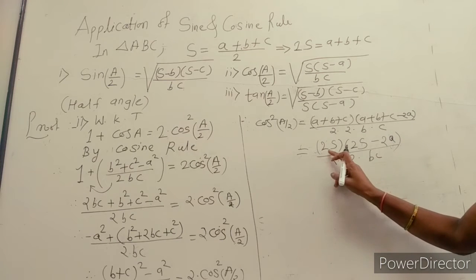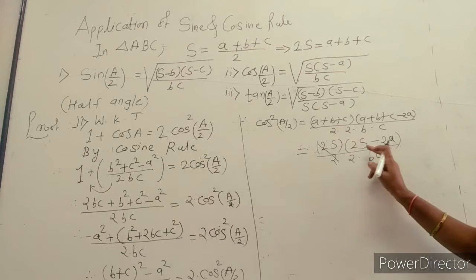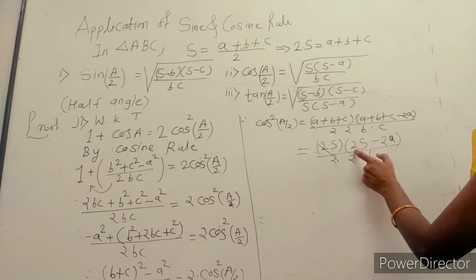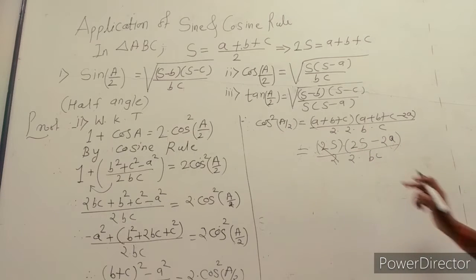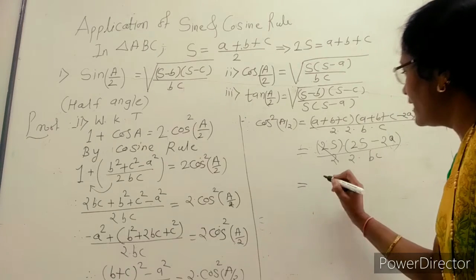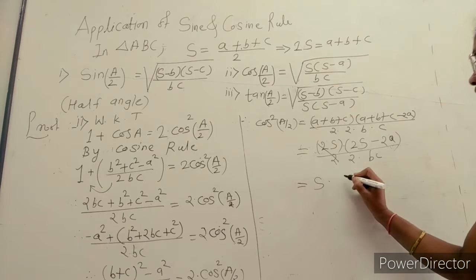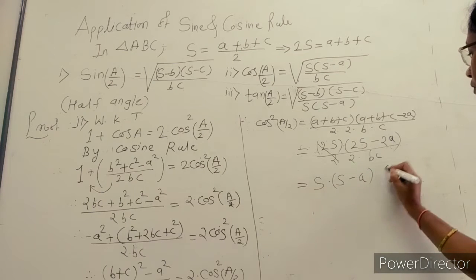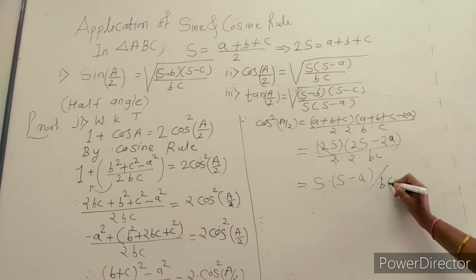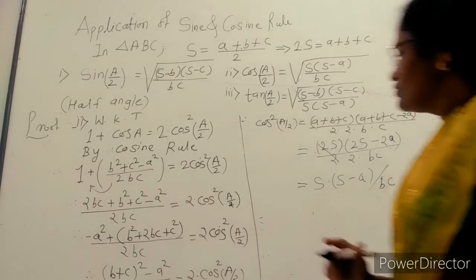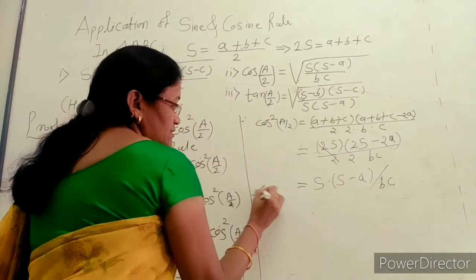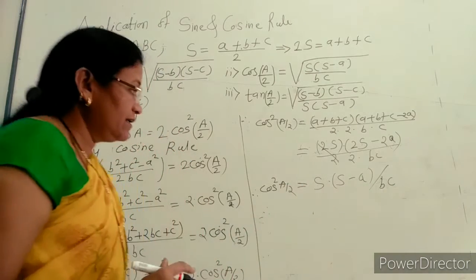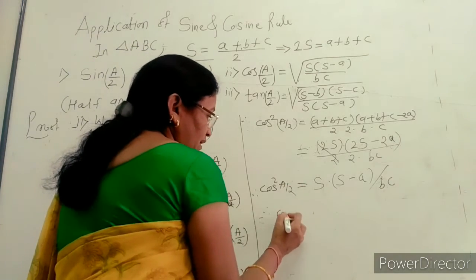Now you take 2 common, these 2 cancel out with these 2, and from this bracket we take 2 common which can be cancelled out with these 2, and inside the bracket we get s into s minus a upon bc. So this is the value of cos square A by 2, and therefore by taking the root value for angle cos